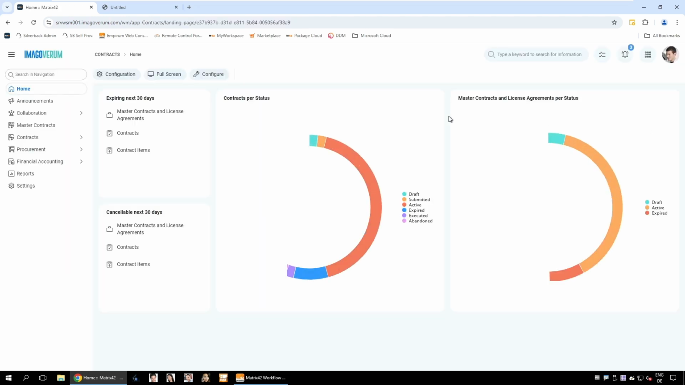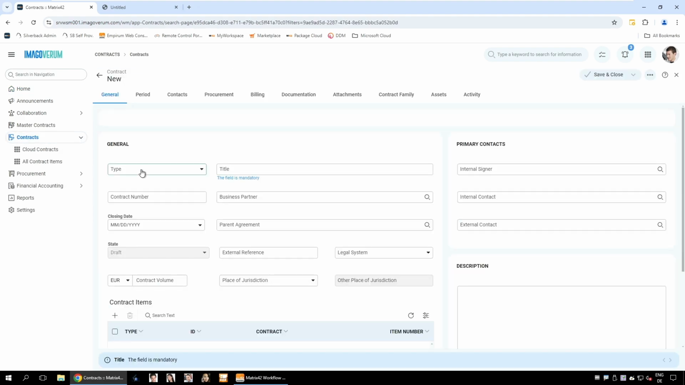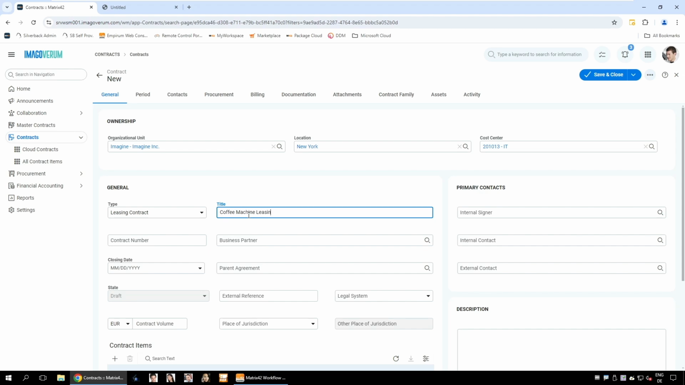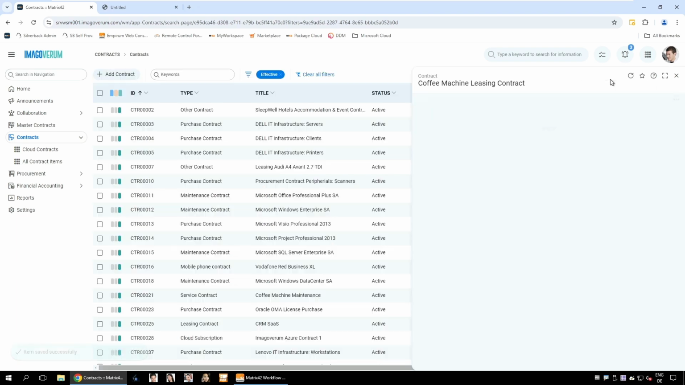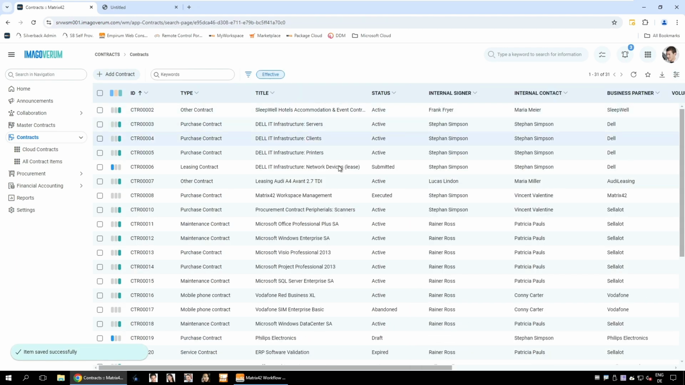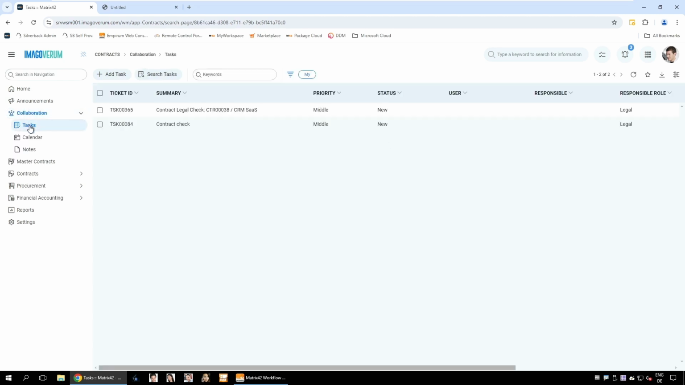So we go back to the contract management. I go to contracts and create a leasing contract. Type is leasing contract. Title is coffee machine leasing contract or whatever. Let's pick a business partner and save this contract. I deactivate the effective filter, so also the non-active contracts are displayed, and we can see the contract right here, still draft. And when I go to collaboration tasks,